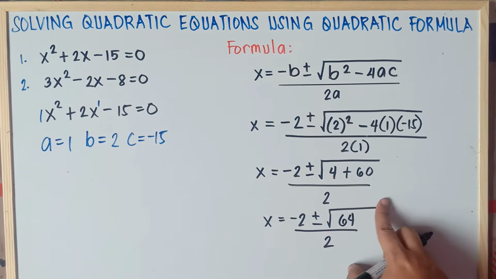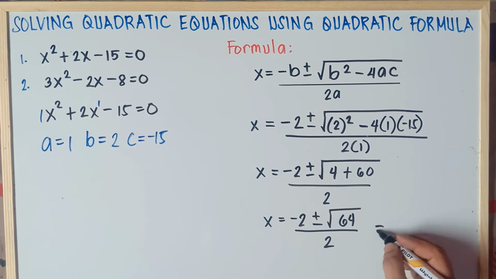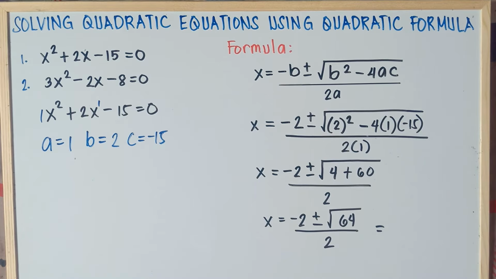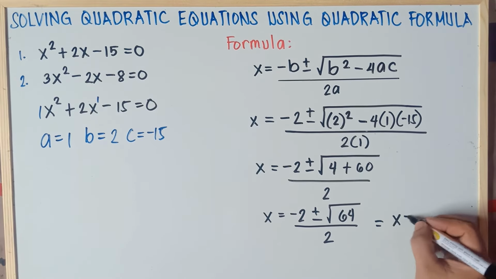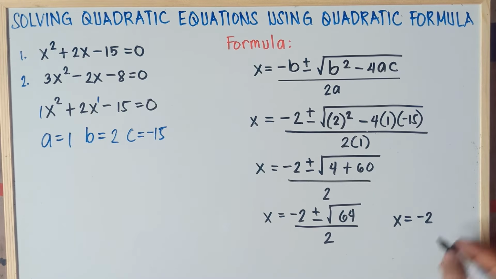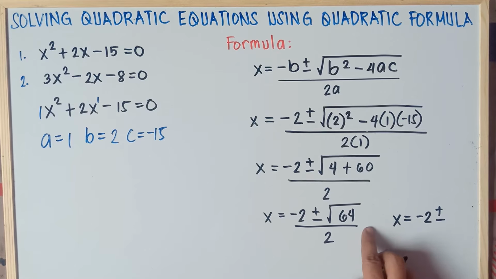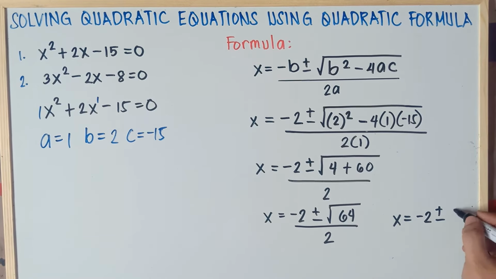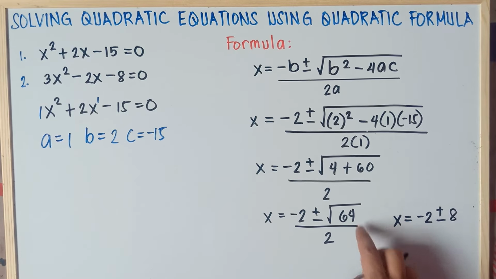Do we have a square root of 64, class? Yep, we have the square root of 64. So x equals negative 2, plus or minus the square root of 64, that is 8, because 8 times 8 is 64,